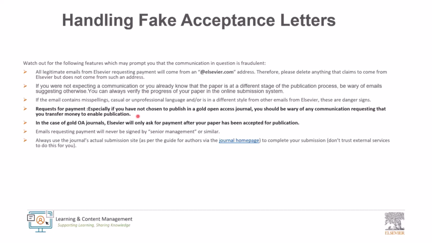In case of Gold Open Access journals, Elsevier will only ask for payment after your paper has been accepted for publication. And also, please make sure to check all the emails that you receive, because emails from Elsevier would always come from an @elsevier.com address.